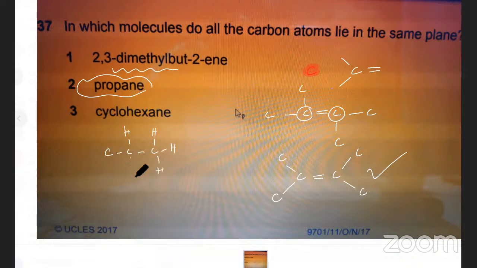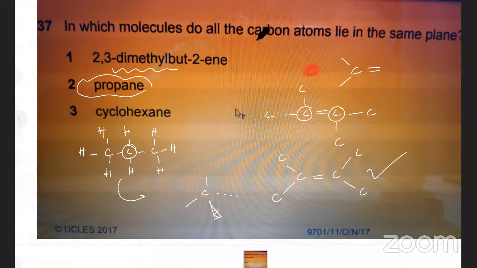What is the shape of a carbon atom when it's making 4 bonds? Tetrahedral. Okay, so it's going to be tetrahedral, but are the carbon atoms in the same plane? No. First thing, let's focus on this carbon atom. It's tetrahedral, right? Remember, I told you previously as well,